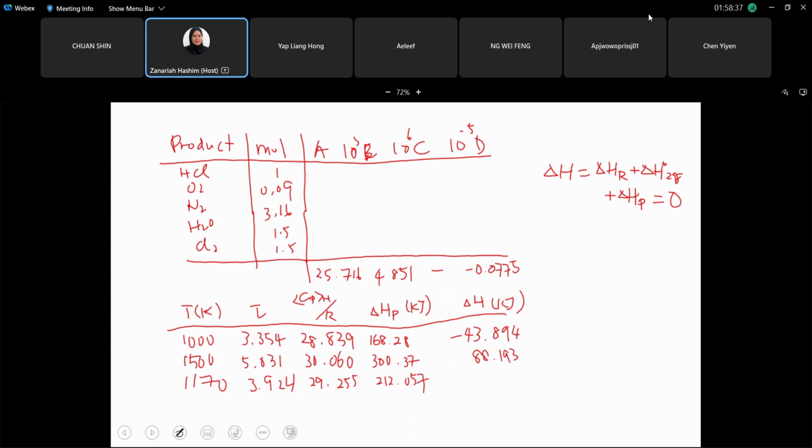And then delta H is about not exactly 0, dapat almost lah 0.118,